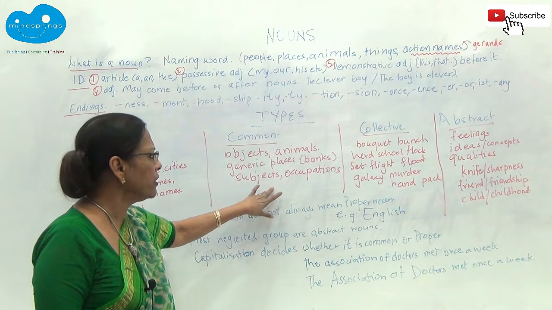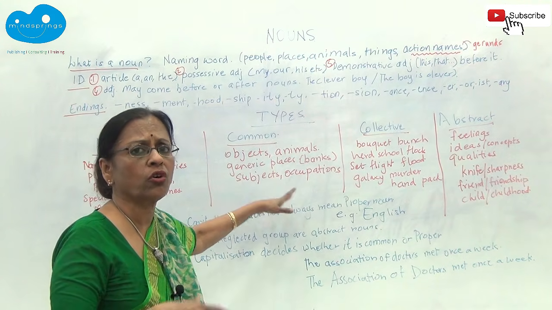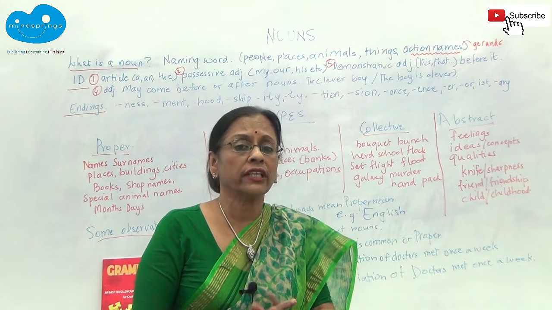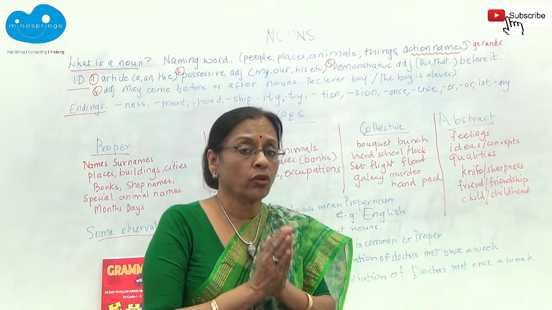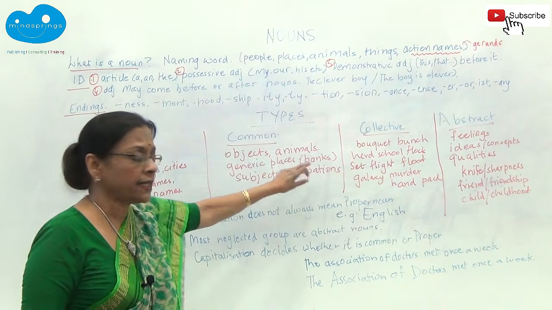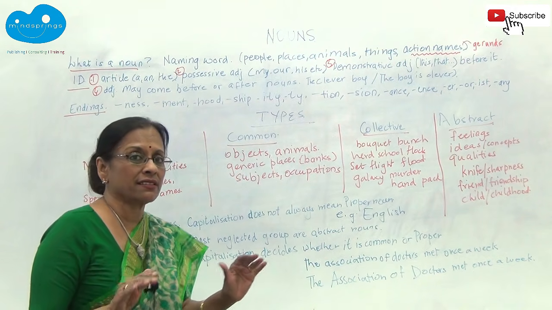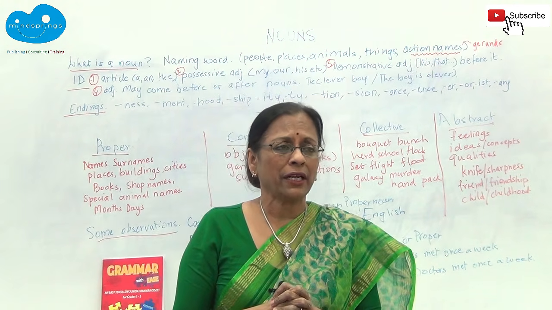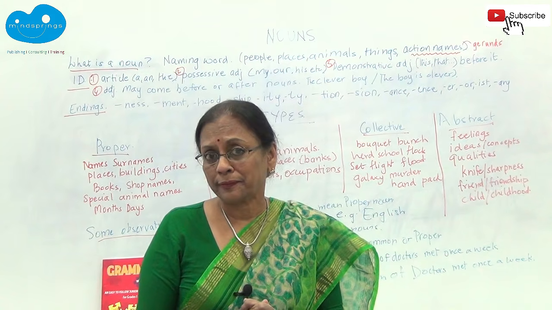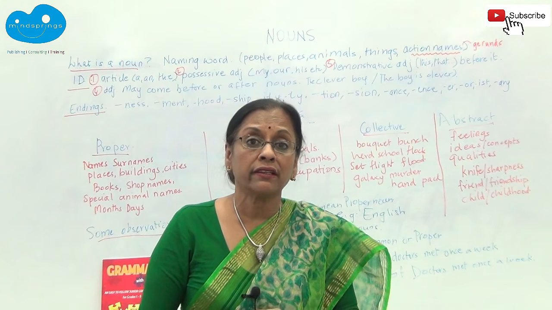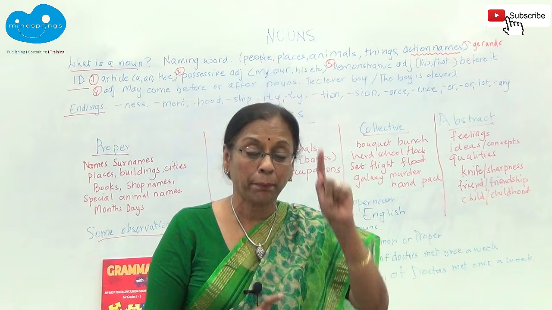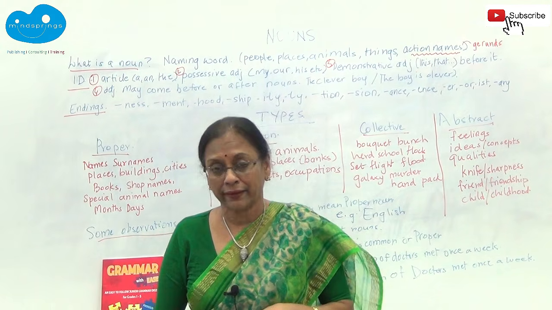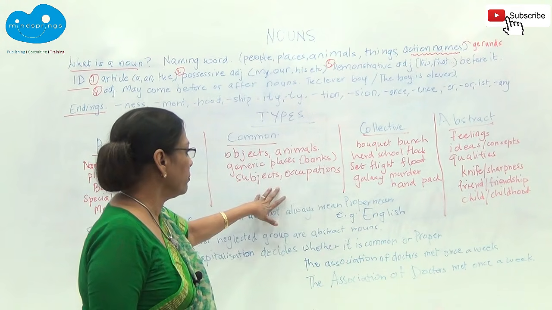However, often people have a doubt between whether it's common or proper. Now that is a huge unit on its own and we will do it leisurely on another day. But just to remember that they are objects, animals, generic places. So if you say the banks are closed tomorrow, I can't put a capital B and I cannot call it a proper noun. But if I say Bank of India is where I bank, then that Bank of India is a proper noun because it's the name of the bank. Okay? So this is something to remember.